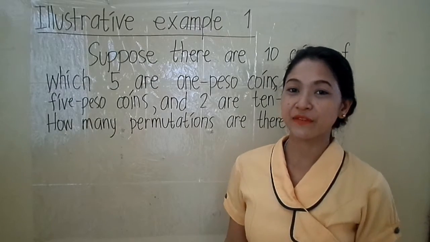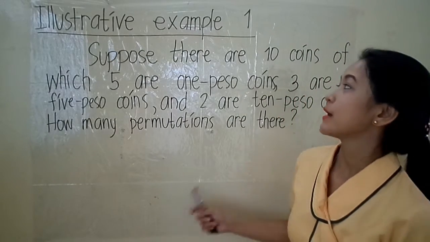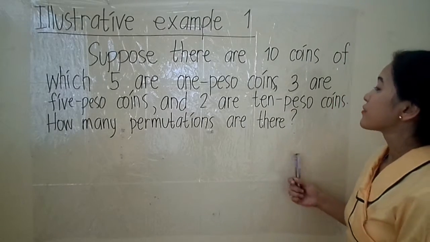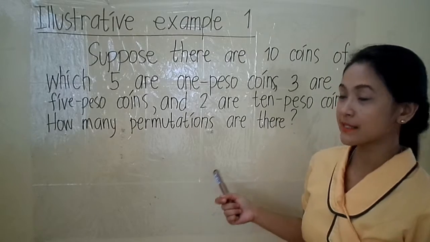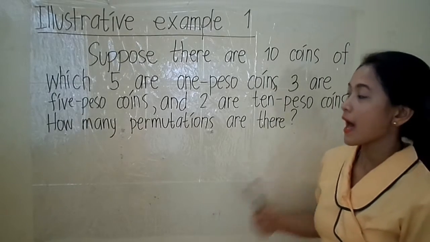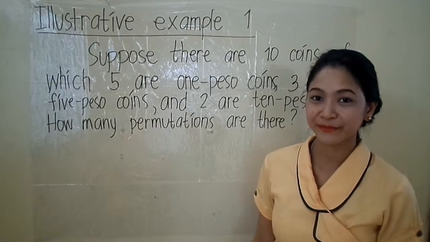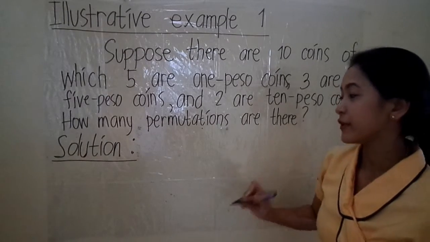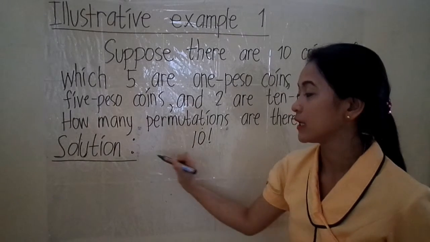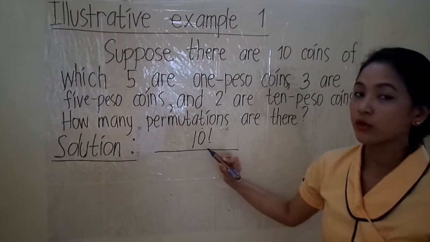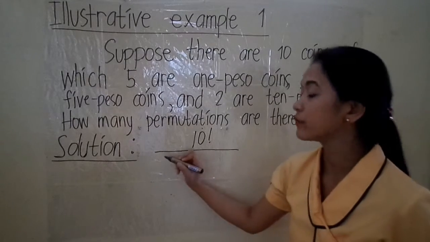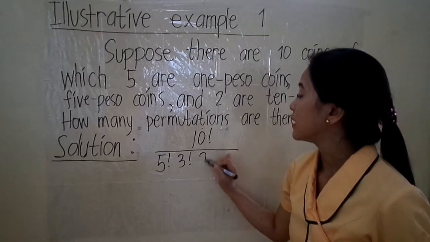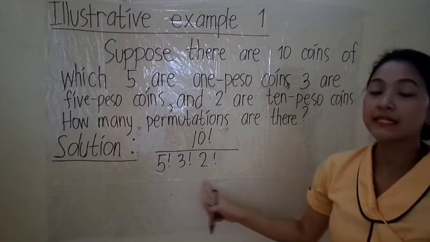Our first illustrative example is, suppose there are 10 coins of which 5 are 1 peso coins, 3 are 5 peso coins, and 2 are 10 peso coins. How many permutations are there? So to solve for the number of permutations, we have here 10 factorial, which is the total number of coins, over 5 factorial, 3 factorial, and 2 factorial,